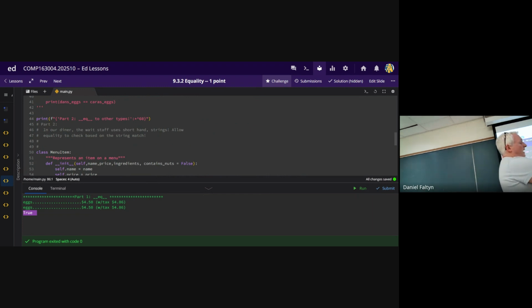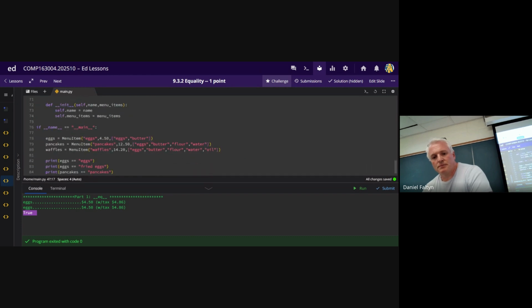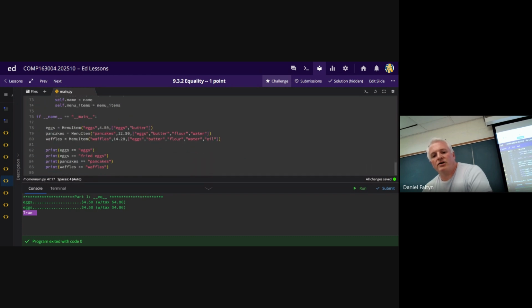Let's assume we can scan that, and the scanner can pick up their language, what they wrote, and say, okay, I want to now find that menu item, put it on the ticket to go print out back. How would I do that? Well, in this particular case, if I tried to say, I have these menu items, eggs, pancakes, waffles, and I want to say, do eggs, the menu item equals the string eggs, right? That's going to